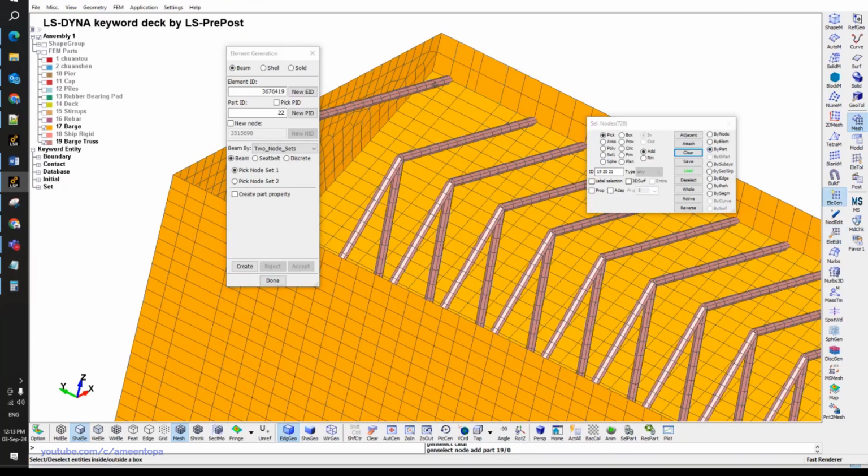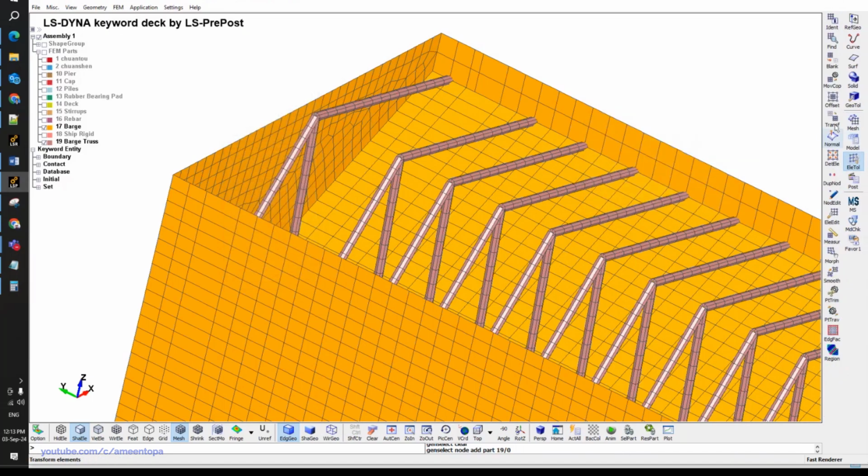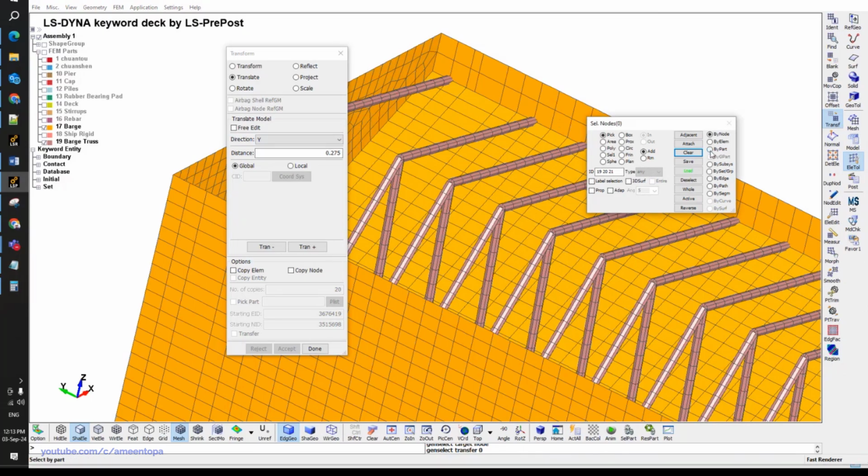By part, select this. No, sorry. It was already merged. And